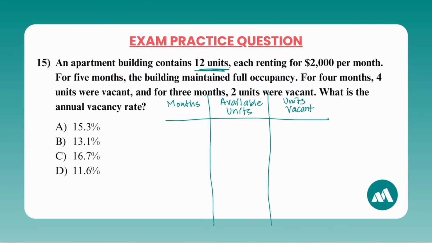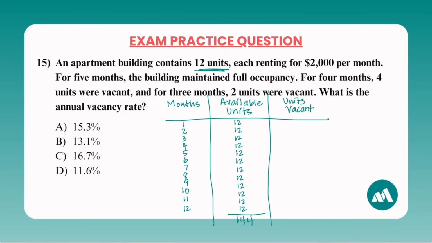So months, remember there's 12 months total. And then we have available units. So remember there's 12 total units. So each month there's going to be 12 units. Which leaves us a total of 144 total